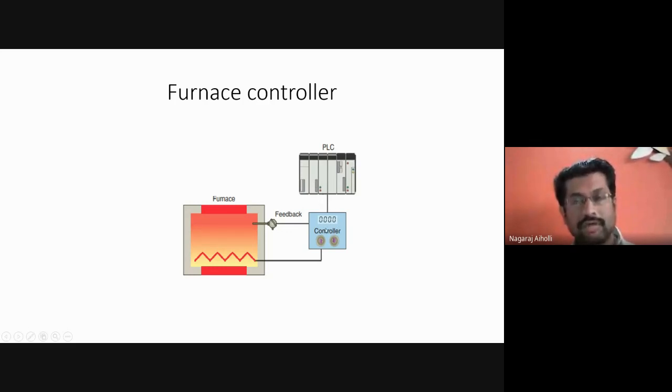What will this PLC do? It will check the difference between the set point value and the measured value. If the difference is less, then accuracy is more. It will try to reduce the difference between the set point value and the measured value. That is the main function of this feedback system. If the error between the set point value and the measured value is more, it will try to reduce it. If it is less, it may still reduce it so that accuracy is increased.